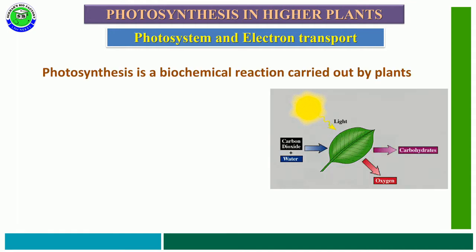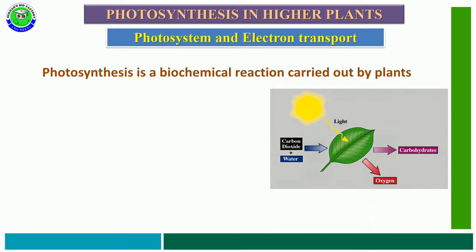Photosynthesis is a biochemical reaction and it is carried out by green plants only. In photosynthesis, whenever light energy reaches the leaf, the leaf gets carbon dioxide from the atmosphere and water from the soil, and the carbon dioxide is converted into carbohydrates by receiving hydrogen from water. After completion of photosynthesis, oxygen from water is released into the atmosphere as a byproduct. This is called the mechanism of photosynthesis.